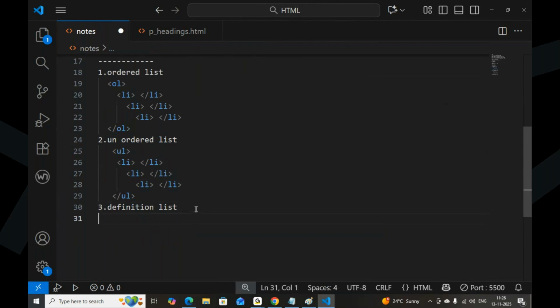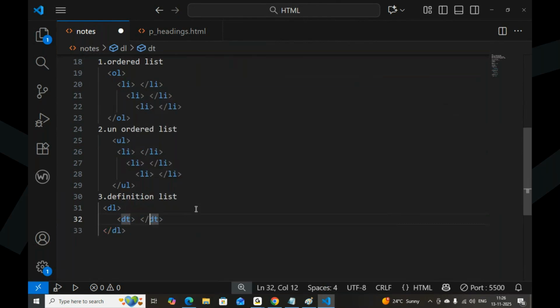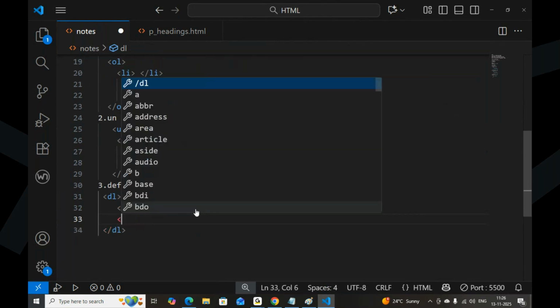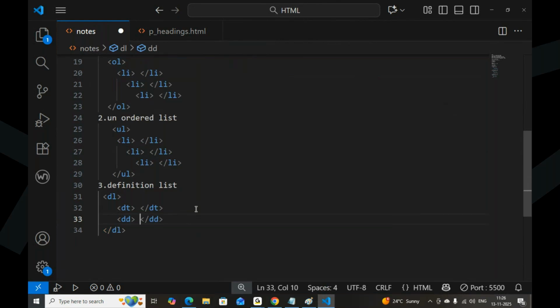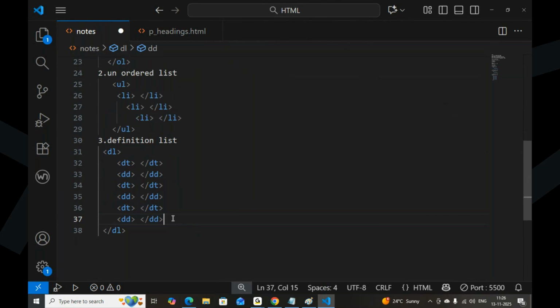Next, definition list, it is the DL tag, and it can contain DT and DD. DT is definition title, DD is definition data. If you want, you can take any number of definitions, each with a definition title and definition data.